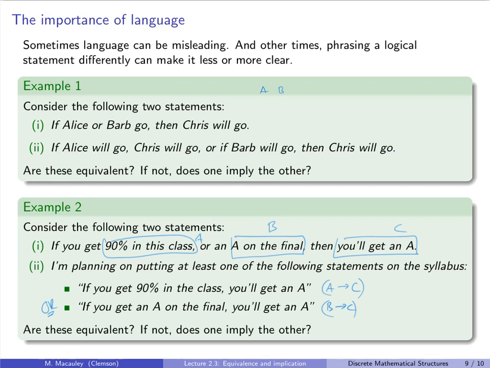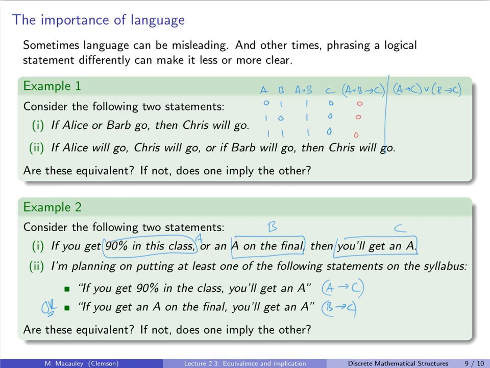So A, B, A or B, C, A or B implies C, and then A implies C, or B implies C. Okay, so let me do, so let's see, 0, 1, 1, 0, and 1, 0, 1, 0, and 1, 1, 1, 0. So in all 3 of these cases, this is where we got